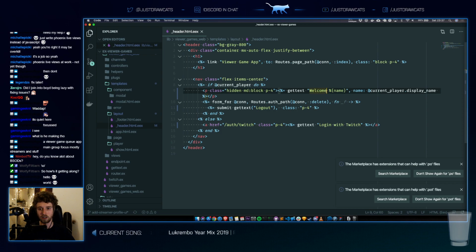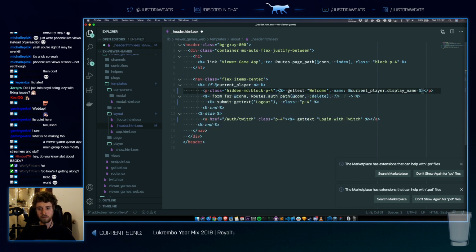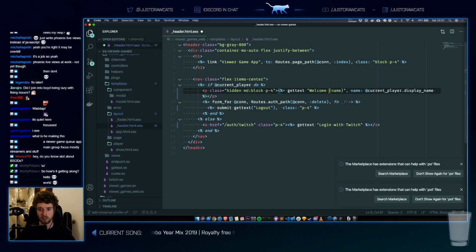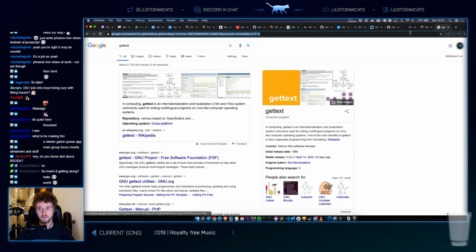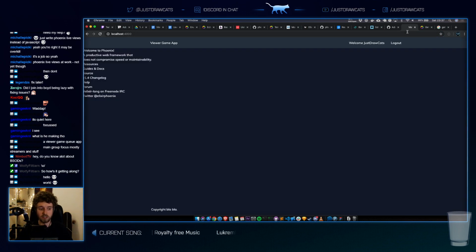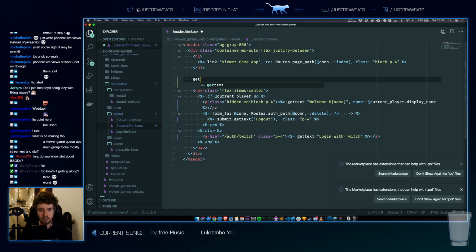And we cannot just do welcome like this, and then the name right after, because in some languages, the name of the user comes first, for example. Or let's say you have something like this. Get text, the price of this product is price euros or something, right? Just as an example.